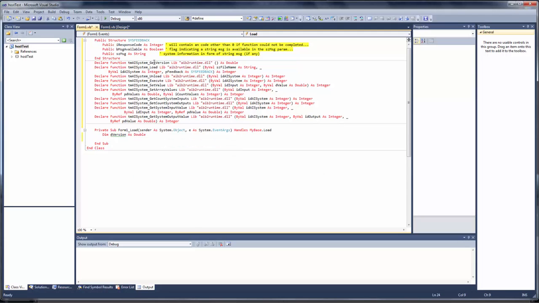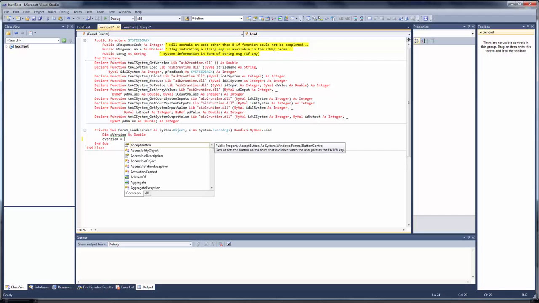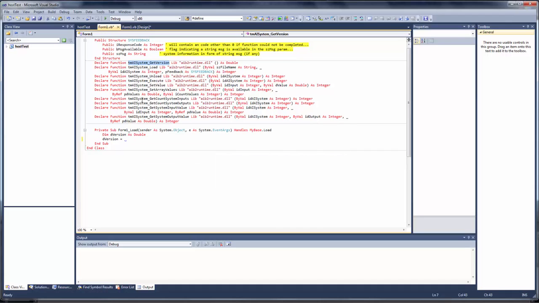What we want to do is find out the version of the library that we currently have. We'll just say d version equals the result of this call, tmai system get version, and close parentheses, and let's go back to our form,